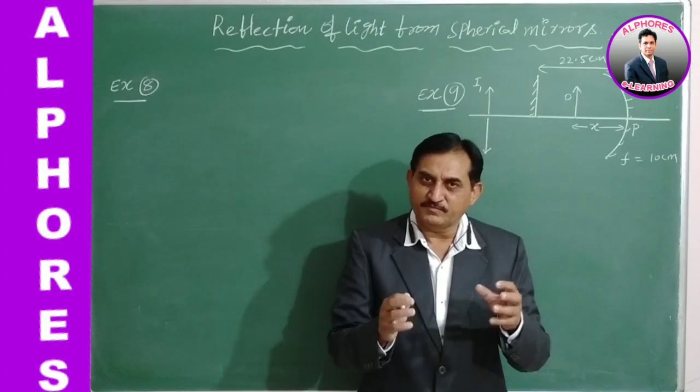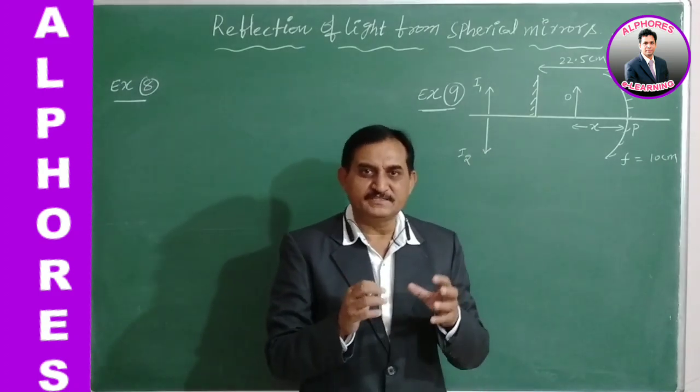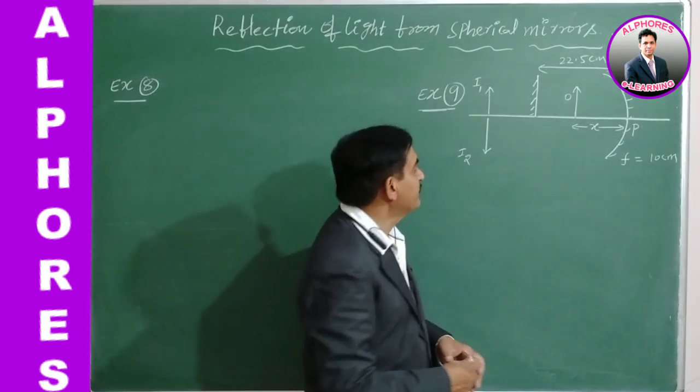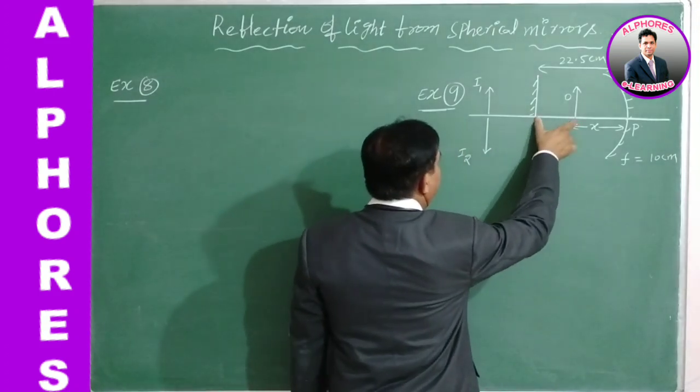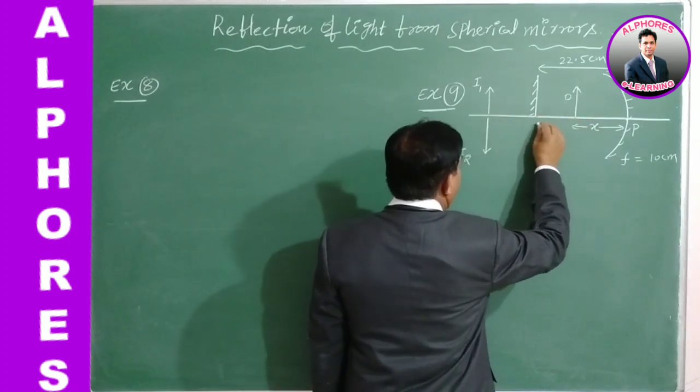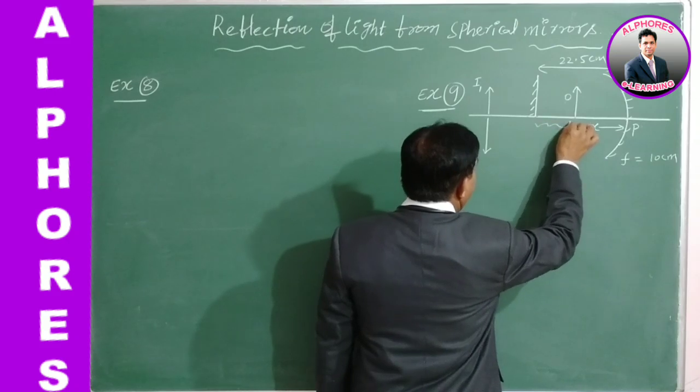It's very fundamental. We discussed a lot regarding this one and solved so many problems previously. Therefore, distance of the object equals distance of the image. So both distances are equal. See, what is this distance?